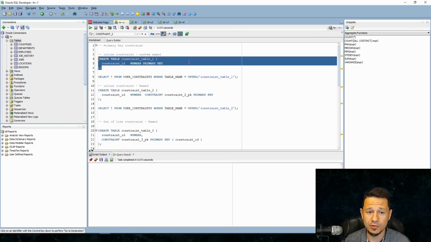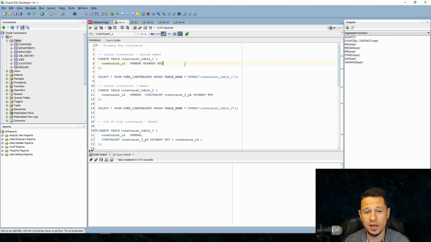In the following example, I'm making a table and it has only one column, and that column has a primary key constraint. I'm doing the constraint creation inline in this case. And the object name of the constraint is going to be system name. So the syntax is simple. It is to create the type of the object and the name of the object. And after that, its attributes. Our table has only one column. It's going to be named constraint ID, type of number, and I'm adding the inline constraint, which is the primary